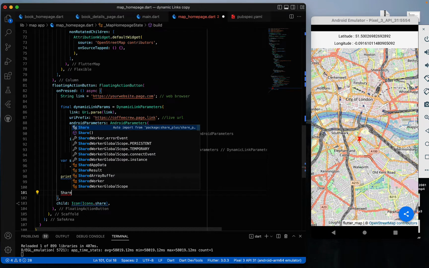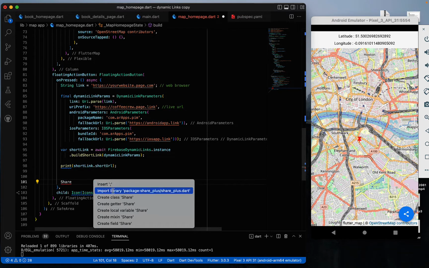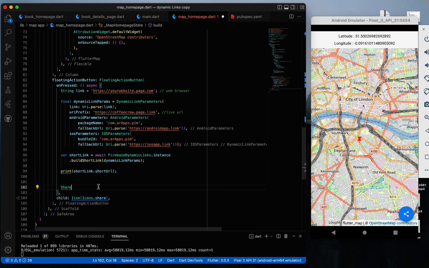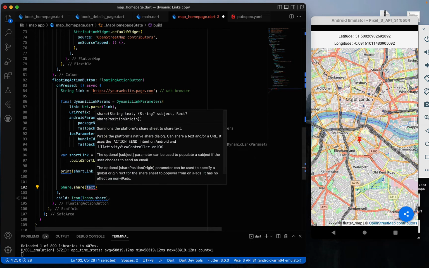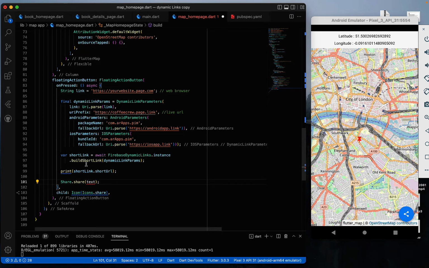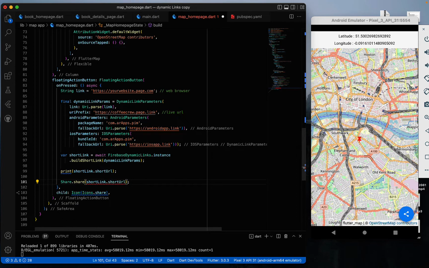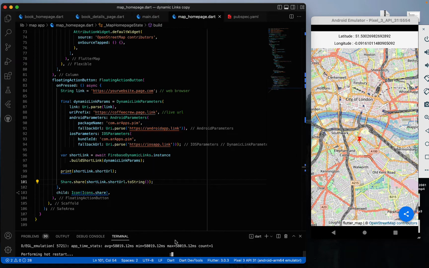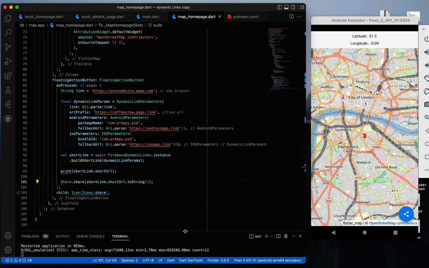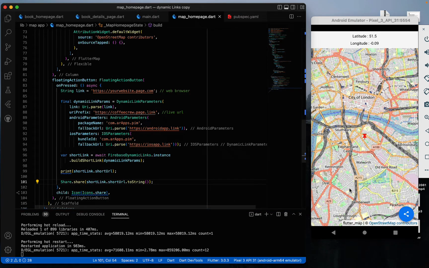So type Share and go to quick fix and import this share package, then type Share.share, and now we need to give our short URL. So copy this, paste it over here: shortLink.shortUrl.toString, save it. Now reload the app. Okay, so let's click on this share button,